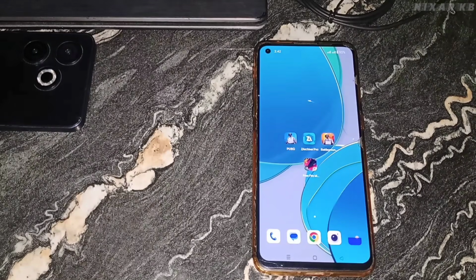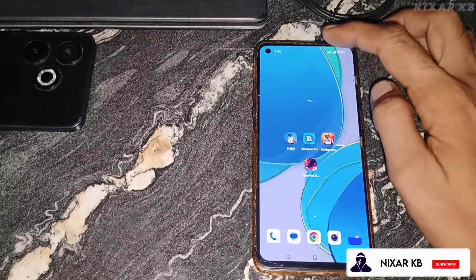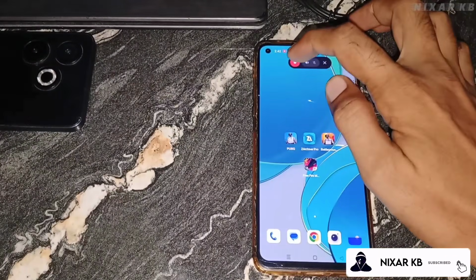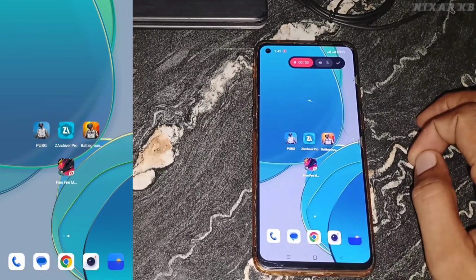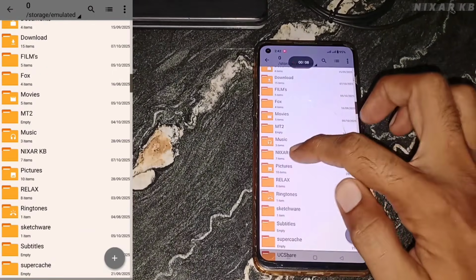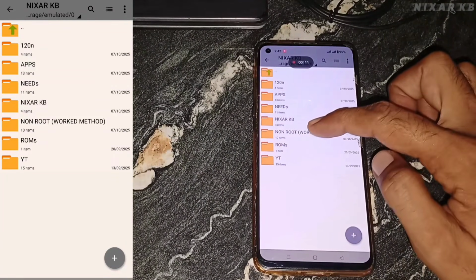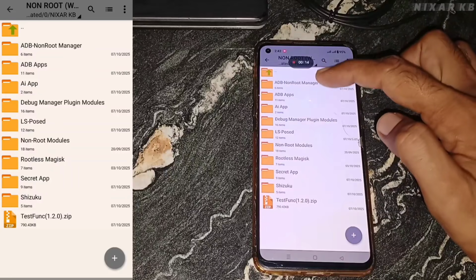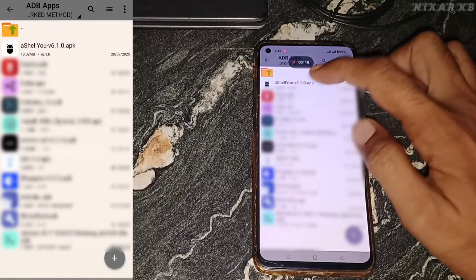Hi everyone, today I will tell you about 5 apps that will run with root and without root, and some apps will run via ADB and with Shizuku and without Shizuku. I will run Shizuku via ADB-SH module, and after installing those apps, you can control your apps and apps management,